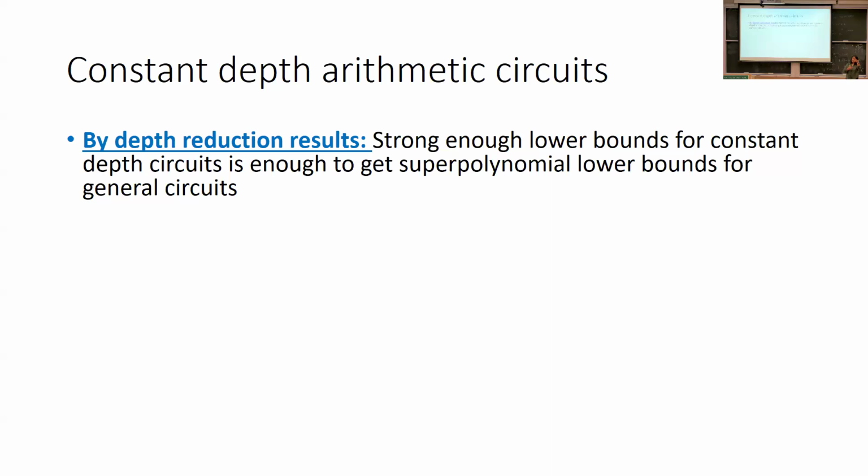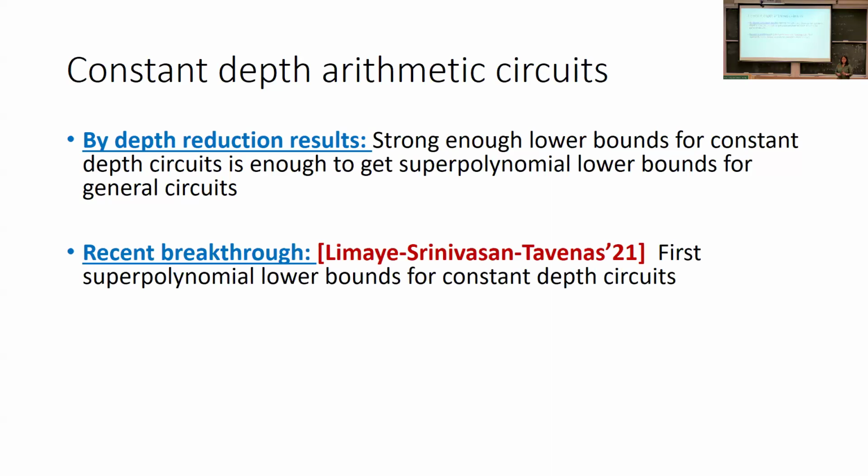And that's because general arithmetic circuits can be squashed to depth 4 circuits. There are depth reduction results, and you can squash general circuits into depth 4 circuits without too huge a blow up. So if you understand even depth 4 circuits well enough, you are done in separating VP from VNP. Okay, so constant depth circuits have hence attracted a lot of attention because they seem like an easier class to get your hands on, but at the same time, they're still almost as rich as general circuits.